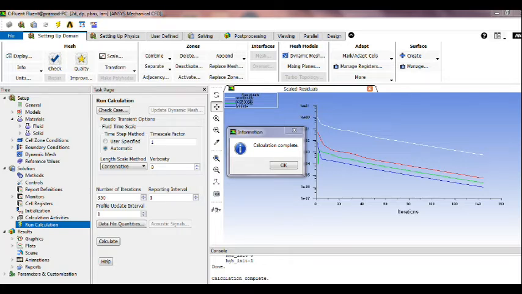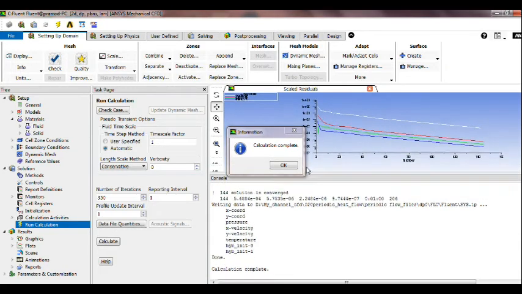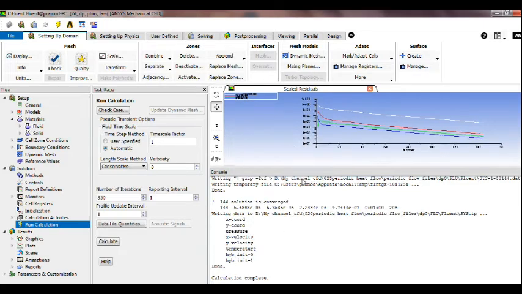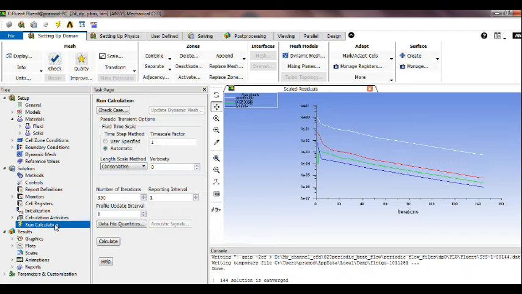Hello friends, welcome back. Now you can see our calculation is done, calculation completed. In the console you can also see the solution is converged at 144 iterations. Now we'll go and see the post-processing results,